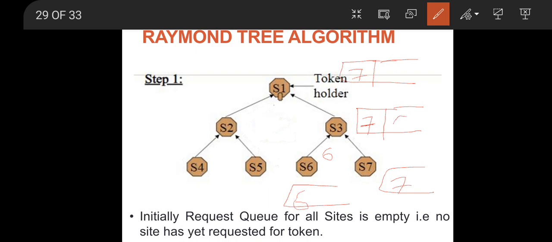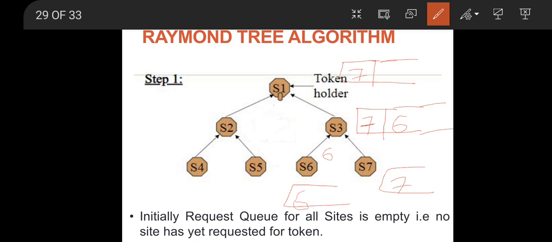S3 will create an entry here, but that request message will not be forwarded, because it knows that it has already forwarded the request message of S7. Ultimately, after site 7 is served, only then will 6 be served. So S3 knows about it, as it is in between this communication. So this request of S6 will only be kept in the queue,